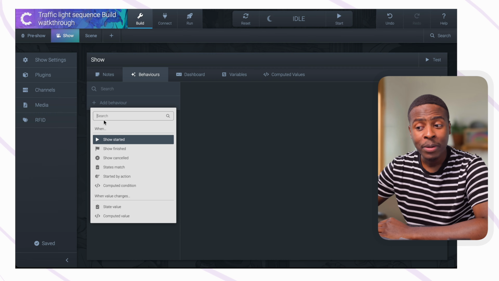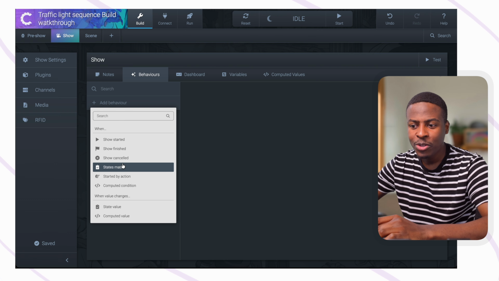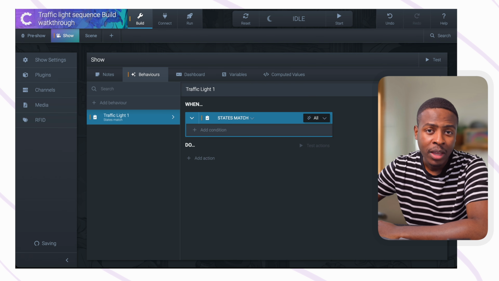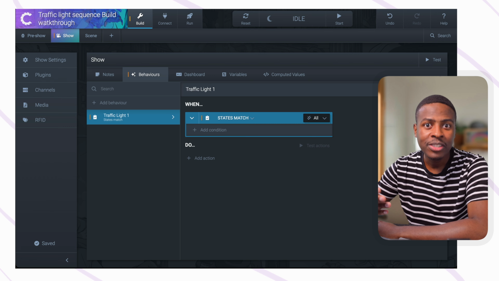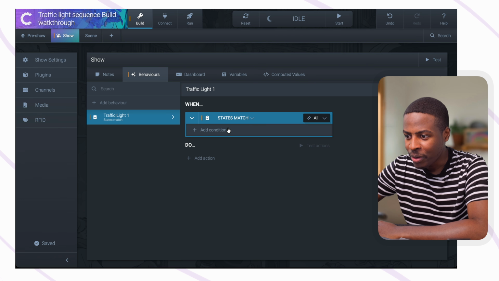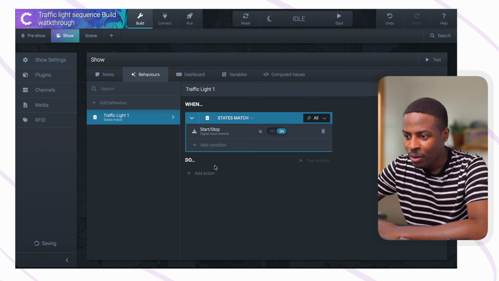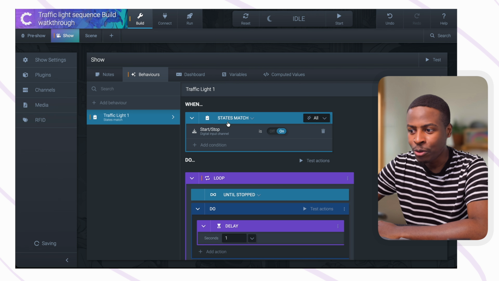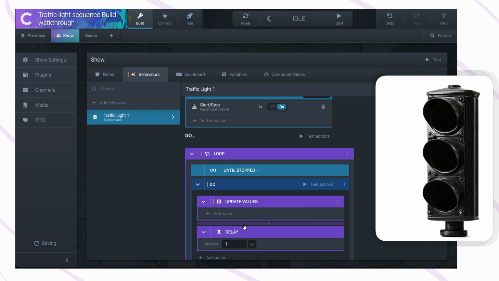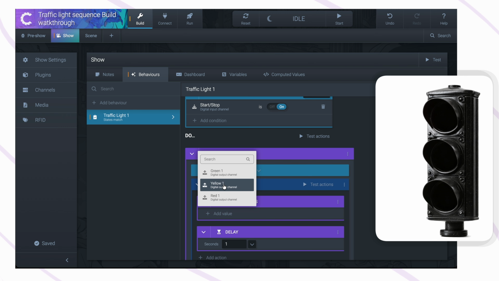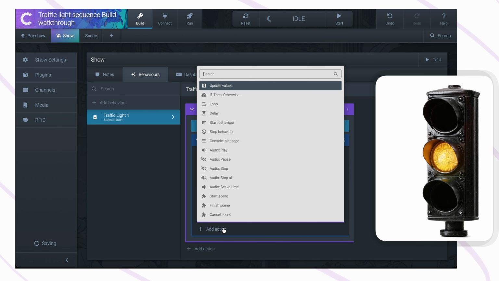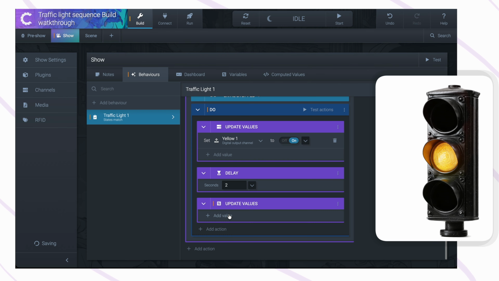So we want to build our first traffic light behavior and we use a states match. We call this traffic light 1. This is because we want to match a button press to start the sequence to the button that we just wired up. So when the button is pressed, we want to go ahead and start our loop behavior. So we want to kick things off with a yellow light on, and then we want to wait 2 seconds and we want to turn it off,